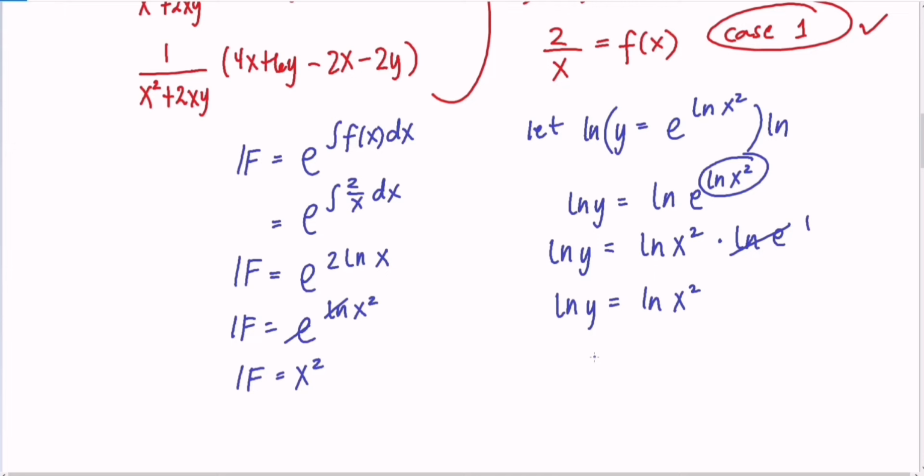So ibig sabihin, equal value sila. So we will have y is equal to x squared. So ganun ang nangyayari guys kung bakit ang natitira na lang dito ay yung x squared at nawawala na yung e raised to ln, no? So nakuha na natin yung ating integrating factor which is the most important dito sa topic na to, sa non-exact